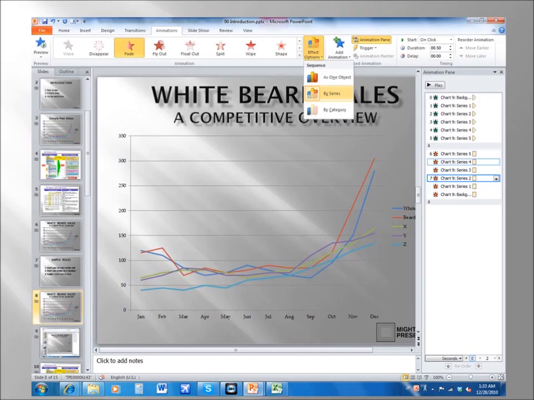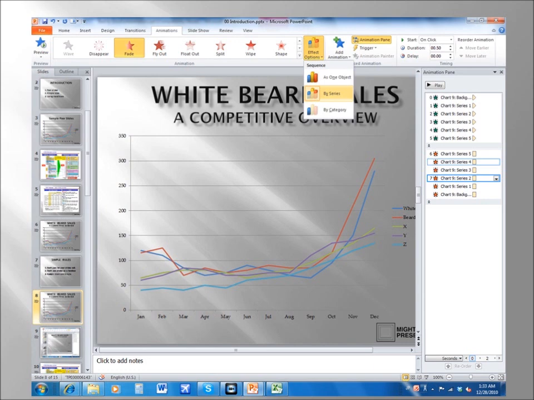Alright, here you can see this is Office 2010, PowerPoint 2010, a little bit similar to 2007, but the effects are exactly the same as 2003, just found in a different place. The effect options are on the main menu. What you're doing is when you just copy paste a graph into your PowerPoint from Excel, what you can do